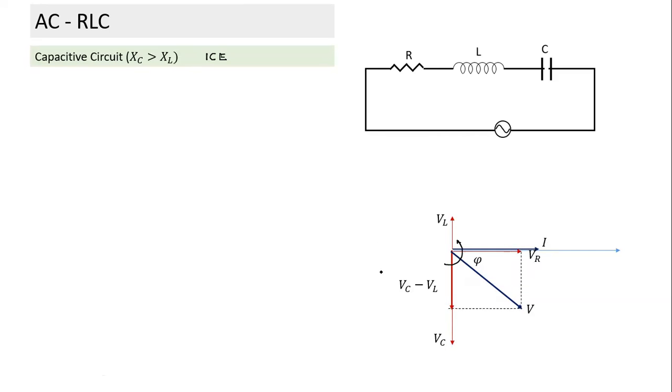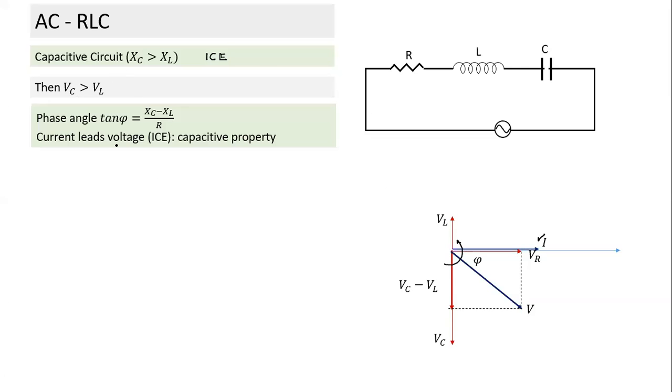Just imagine, as we would have seen in track and field events, runners run on circular tracks. If they are running in this direction, which one is leading here? Here the current is leading. So in a capacitive circuit, current leads voltage, and the lead can be anything greater than 0 up to 90 degrees. When would this phi be 90? When resistance is 0 and the inductor is not present. In this case, VC will also be greater than VL, and we calculate the phase angle from XC minus XL if it is greater.